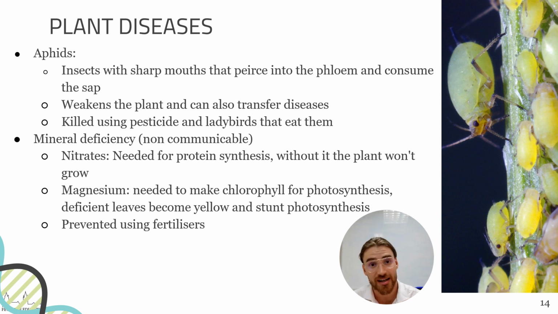Another one is magnesium, which is needed for chlorophyll in photosynthesis, and it can all be prevented by using different fertilizers. So plants also need phosphates to grow and get bigger. They need potassium that helps with root development, and all of these we are going to give to a plant